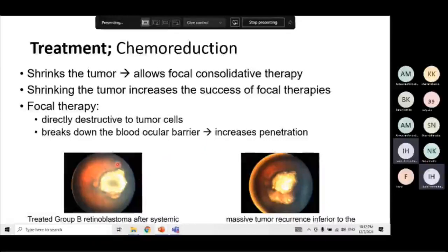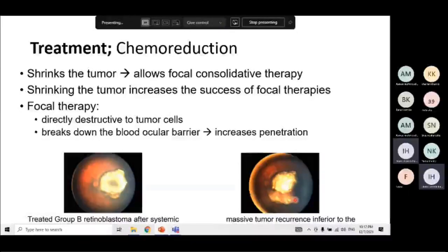If it's a posterior location like that, we may need to do a transpupillary thermotherapy, a TTT. If it's in a peripheral location, we may do some cryotherapy on the tumor in order to decrease the size of the tumor. Okay, so for example, this is a patient who had a tumor relatively regressed after systemic chemotherapy, and then when you follow the patient up, there is a new tumor that started to appear adjacent to the old tumor, and it necessitates